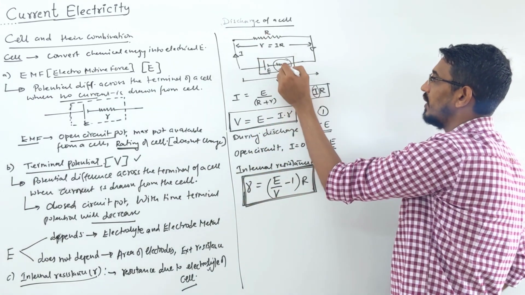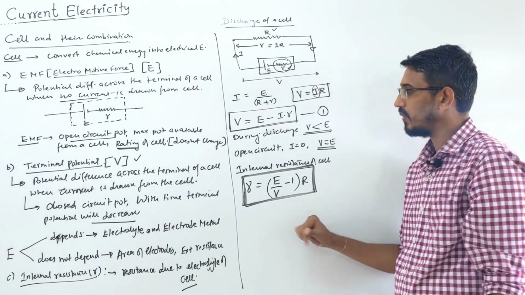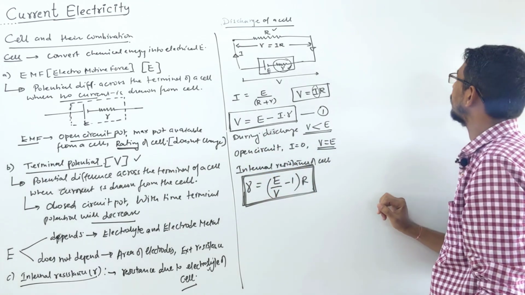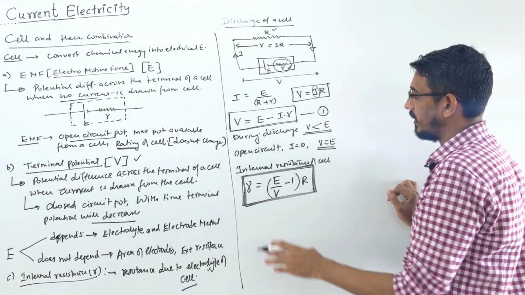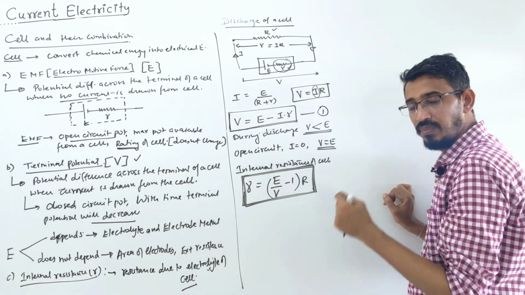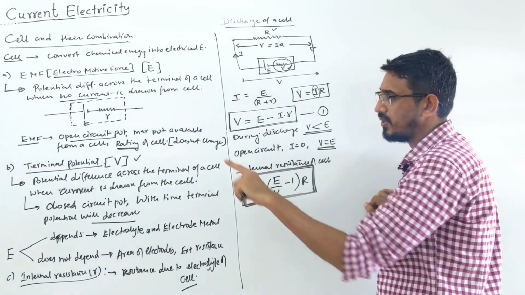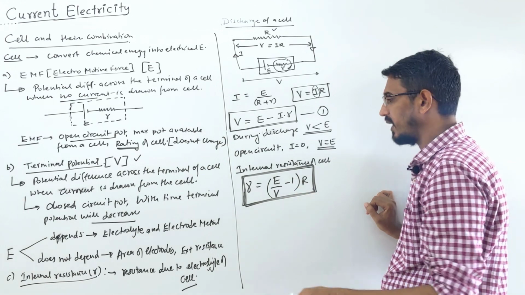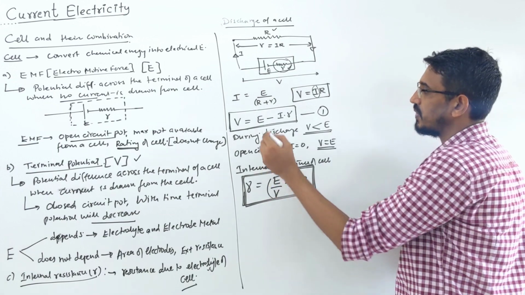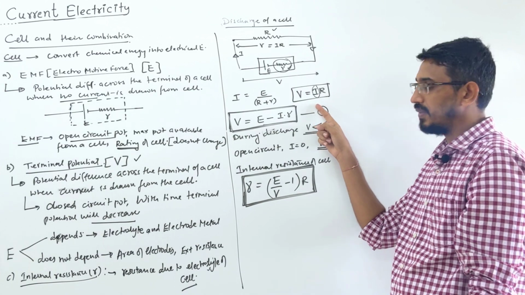Hope you understand that this is called internal resistance, and this is called external resistance R, right? So this is very important. I'll give a numerical example also once I finish these basics. So this is the internal resistance of the cell in terms of EMF and the terminal potential. This terminal potential I will say just potential always, not the full name. EMF is EMF. Okay, this was the discharge of the cell. What is the equation of discharge here, and what is the internal resistance here?